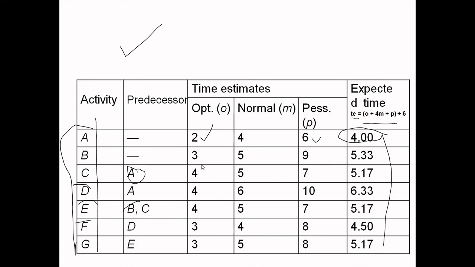Now what would be the question? Any questions on this? I ask you one question. Why are we dividing by 6 only? Why are we doing multiplication of 4 times M? Why is 4 used? Because that's how you can ask questions to the staff. Good questions. Even I also got the doubt, but I didn't get the answer from the authors. I'm trying to get the answers also. Whenever I get the answers, I will tell you.